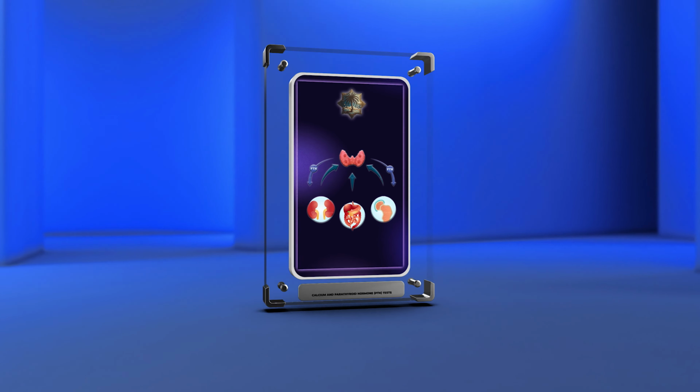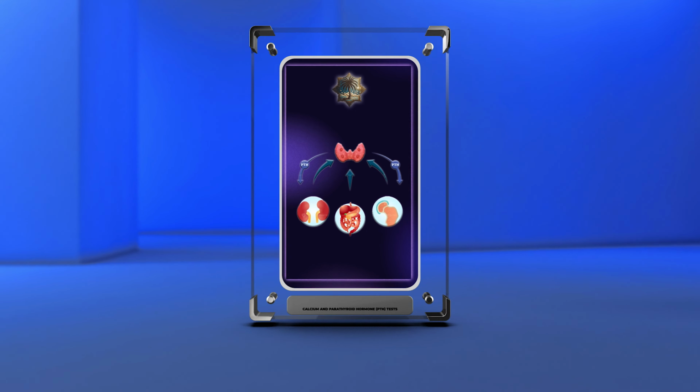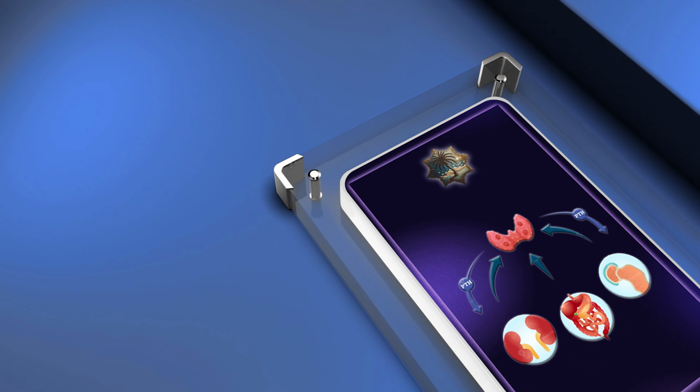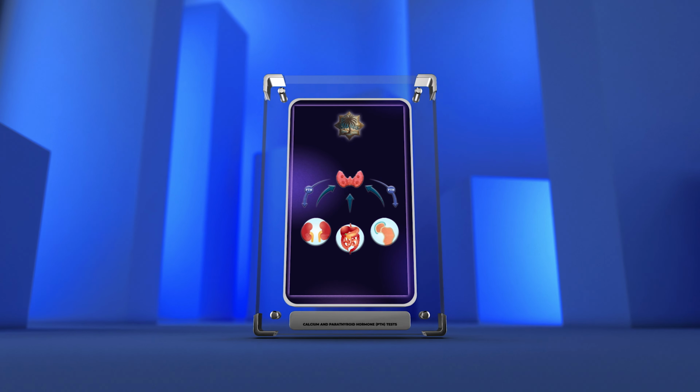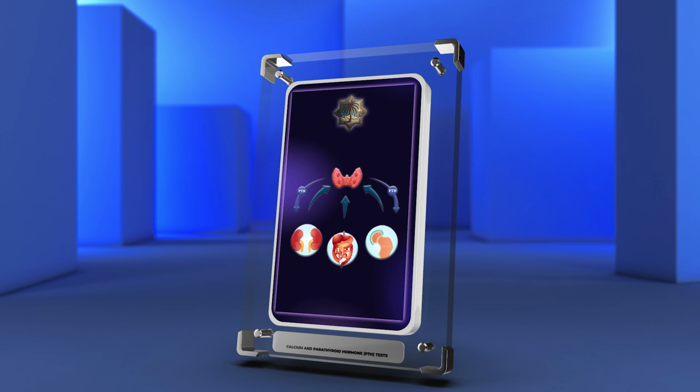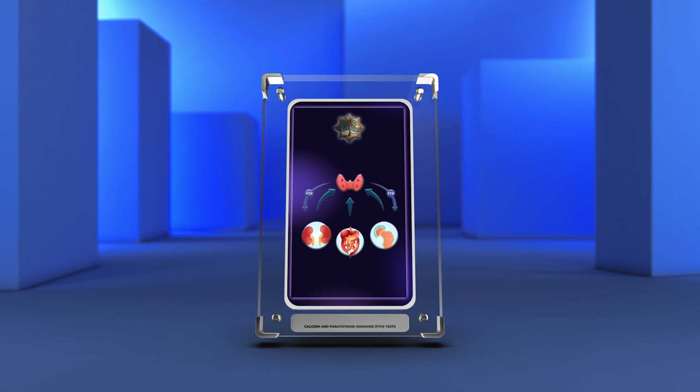Welcome to today's lecture on endocrinology, where we will delve into the intricate topic of the parathyroid glands and their role in maintaining calcium balance. These small glands, located behind the thyroid gland, secrete parathyroid hormone, PTH, which is vital for regulating calcium levels in